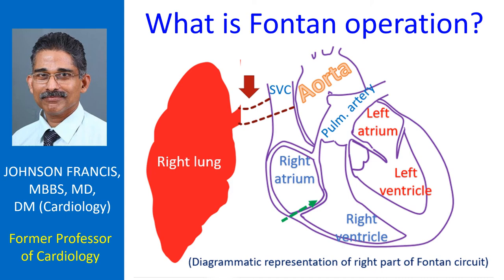Fontan operation is an operation used for treatment of certain birth defects of the heart like tricuspid atresia. In tricuspid atresia, there is no opening for the tricuspid valve. Tricuspid valve is the valve between the right upper and lower chambers of the heart. It bars the opening from the right atrium to the right ventricle and prevents backflow of blood when the right